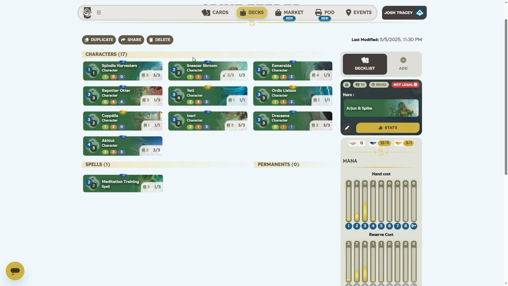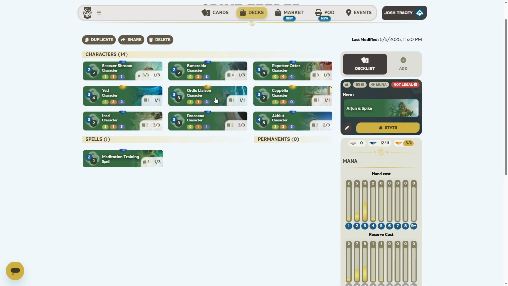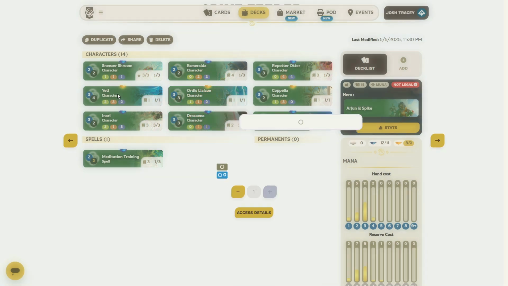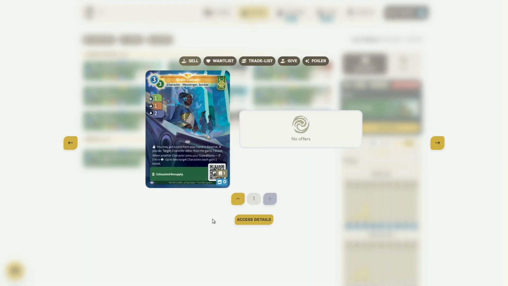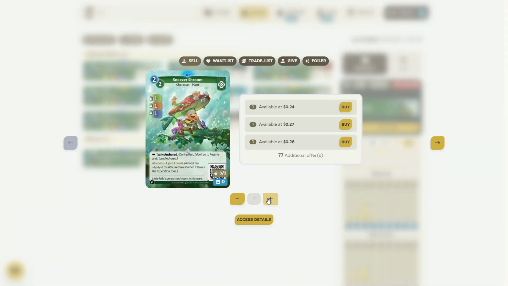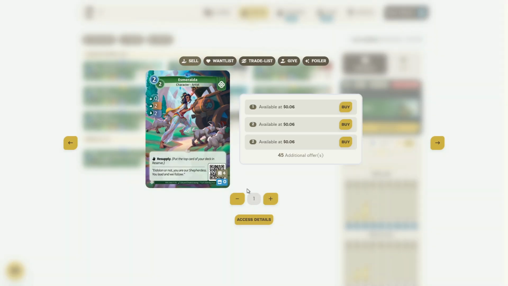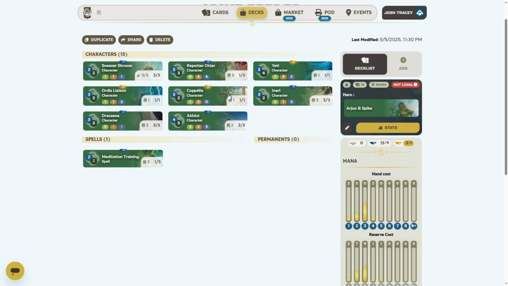Got 15. Actually, we don't have a lot of ways to give Spindle Harvesters boost outside of our 2 uniques. So I actually think we drop that one. Obviously that just means we're going to have the uniques in hand for the Spindle Harvesters to be good. So if we get rid of the Esmeralda,